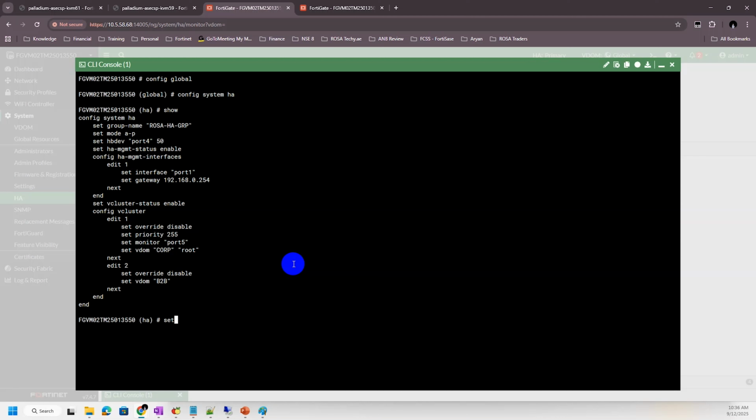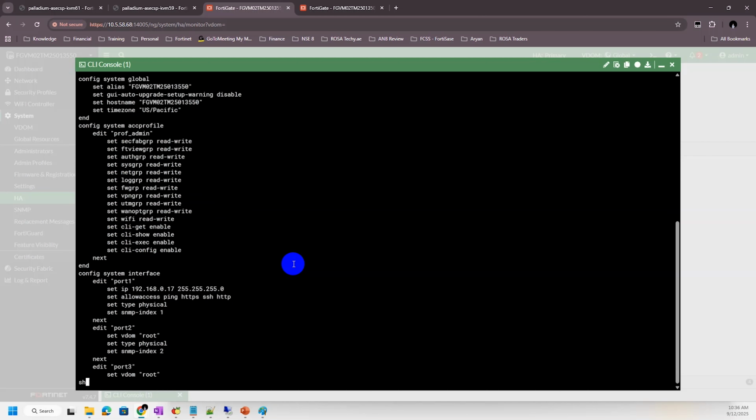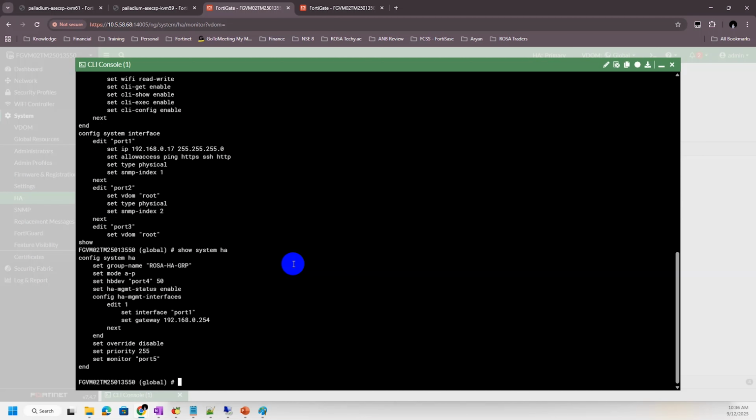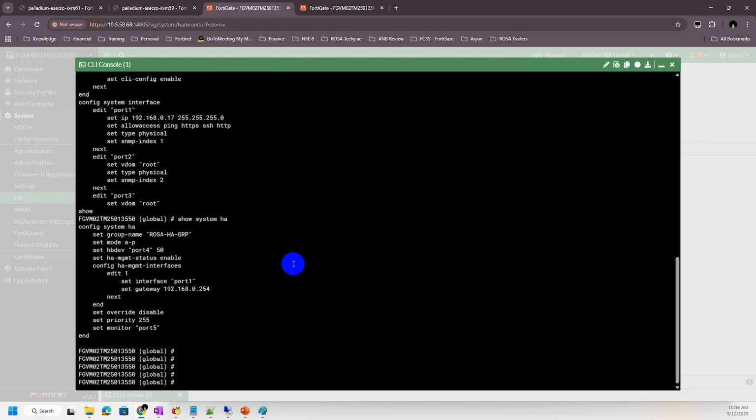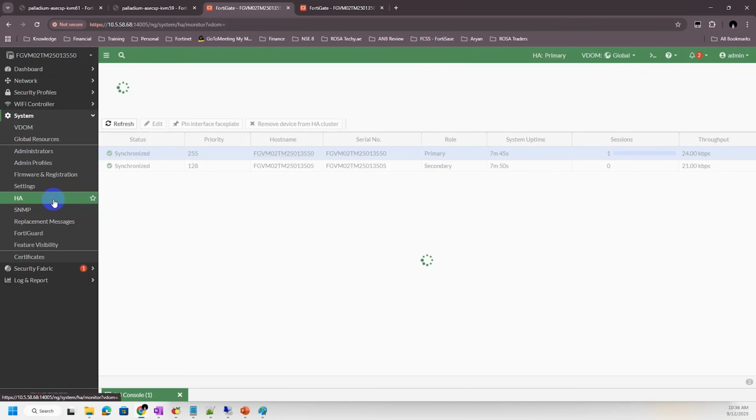I have to do set vCluster status disable, and that's it, done. You can see virtual clustering is disabled. Now if I go to the device on the GUI, there should not be a virtual clustering.